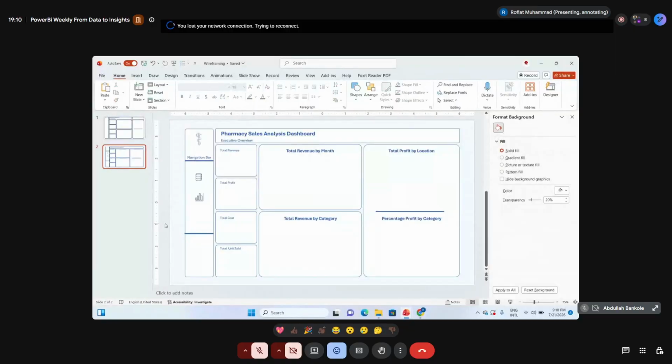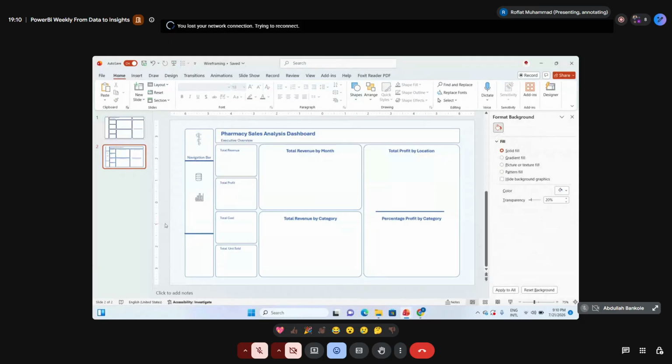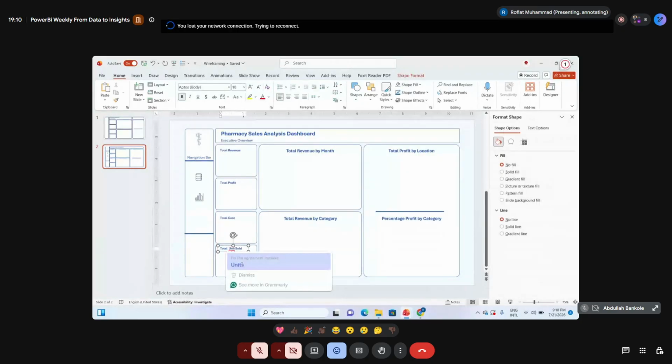So I think this is okay. Then you can have this, which is much better and different from what you have. This would actually be total units sold. This will show you,